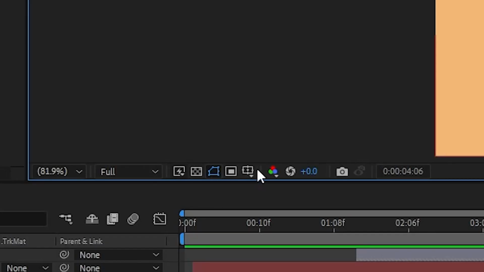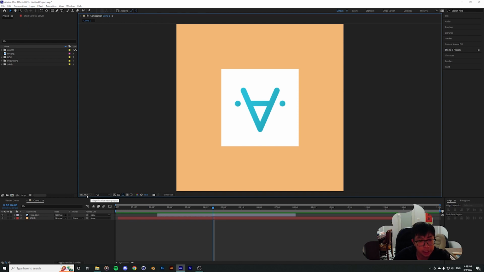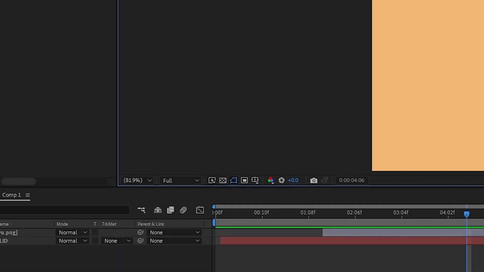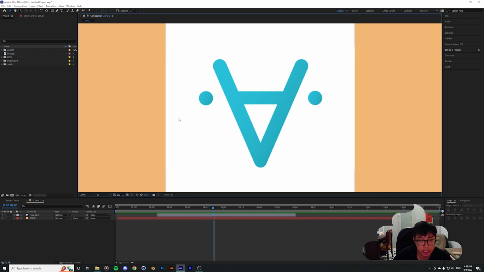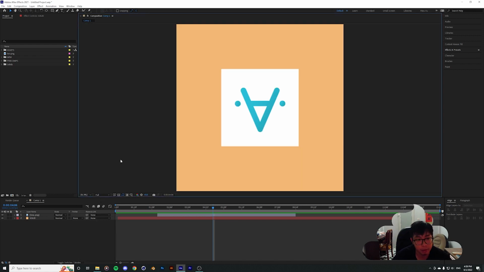And next up we got the preview screen. At the bar below everything on the screen, you can actually see a bunch of tools over here. This one shows the percentage of the composition that is actually showing on the preview screen. So if I zoom in, for example, it's actually 200% of the entire project that is showing. But if you click on it and then you go fit up to 100%, it's gonna show the project in its entirety. This over here displays the preview settings, third and half and full over here in quarter, meaning that